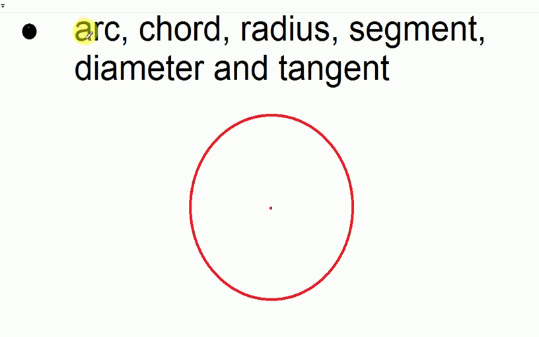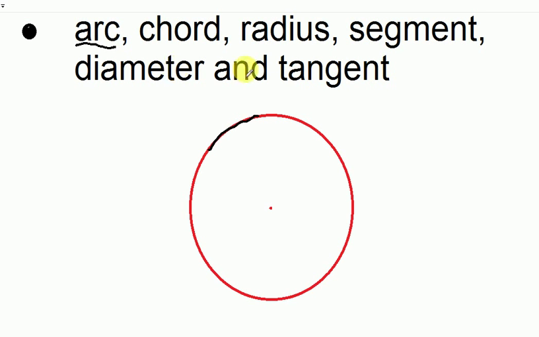So as you can see, you have to understand what an arc is. An arc is part of the circumference of the circle. This is part, not the whole circumference. So if you didn't know what a circumference is, the circumference is the distance around a circle. So this red thing, the whole circle, the distance around it, marked in red,